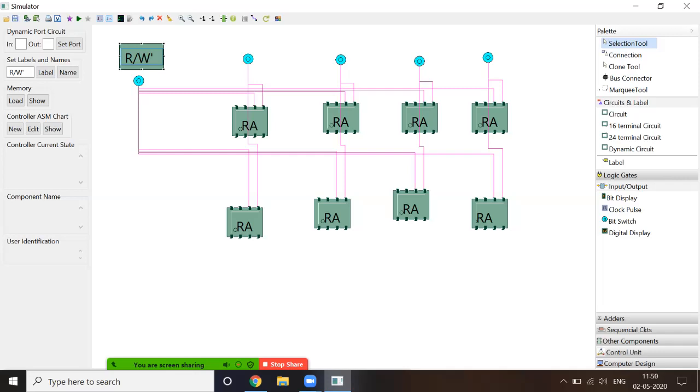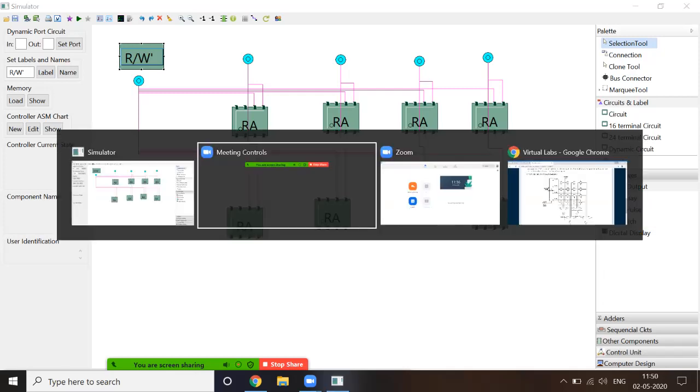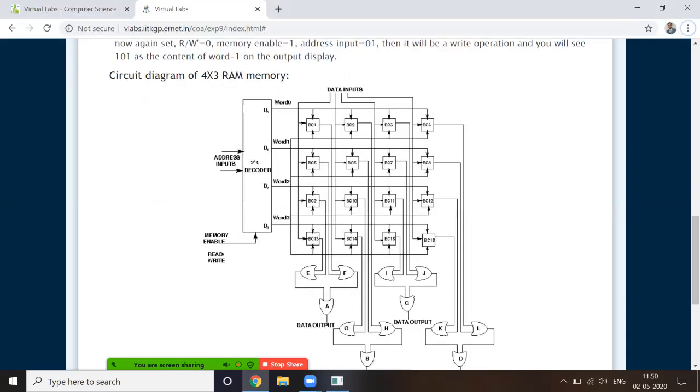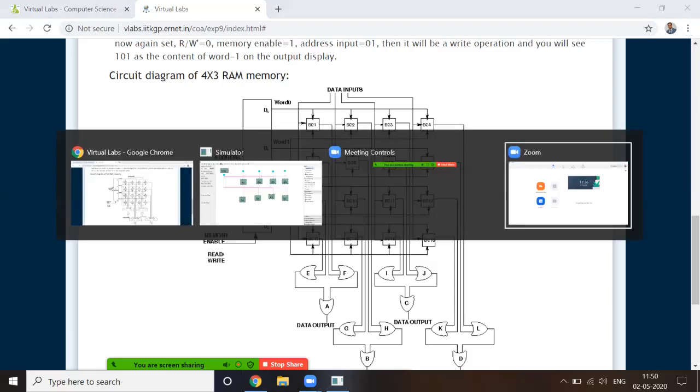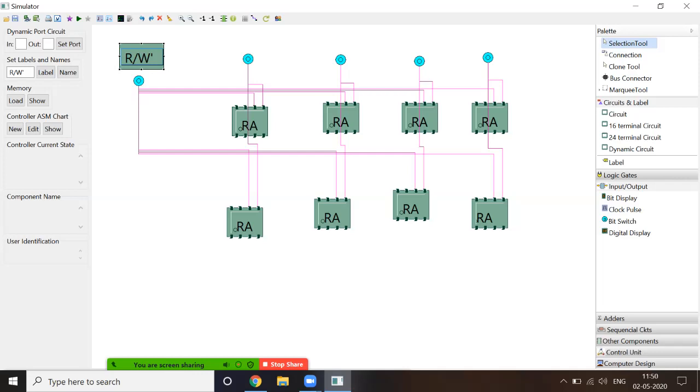So we have to use an OR gate. As you can see here in this experiment, there is an arrangement of OR gates like this, because from this column either this or this RAM cell's output should pass to this data output. So that's why this kind of arrangement is there. As we have only two cells in one column, we are going to use only one OR gate. You will get OR gates from this logic gate section. So here is the OR gate. You can click here for the OR gate.